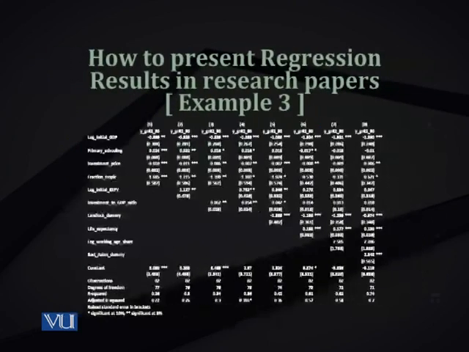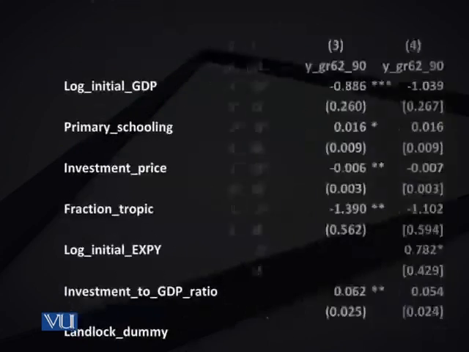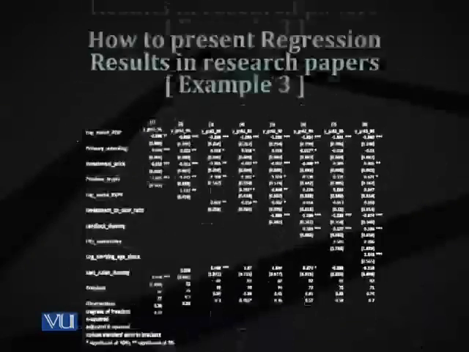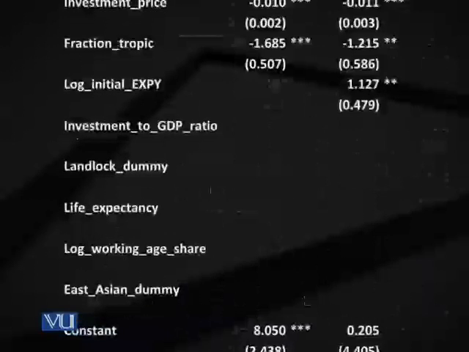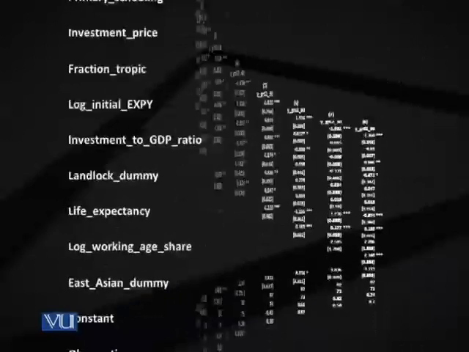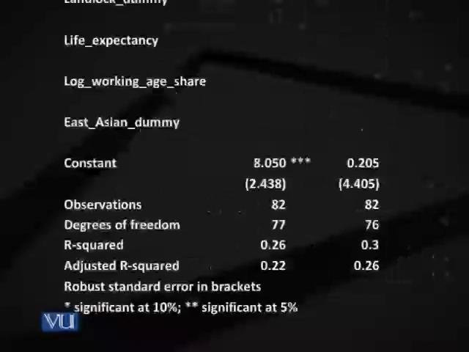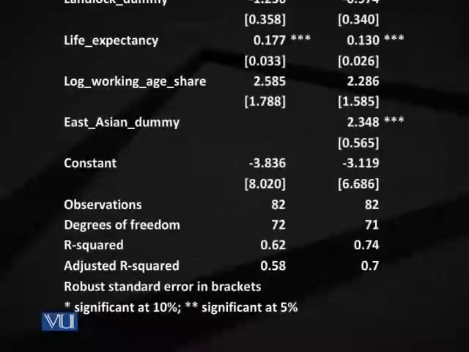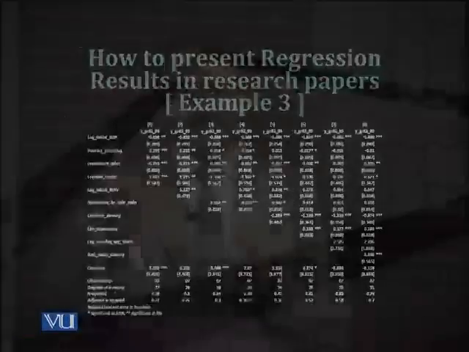In the next example, you are seeing a large table which shows a long list of independent variables and 8 different models. As you proceed further, from model 1 to 2 to 3 to 4, the number of independent variables is increasing. So you can play with the regression, and you can exclude or include variables and see what happens. For example, if you include a variable, what happens to the previous variable's coefficients? Do they change a lot? Is the estimation robust or no?